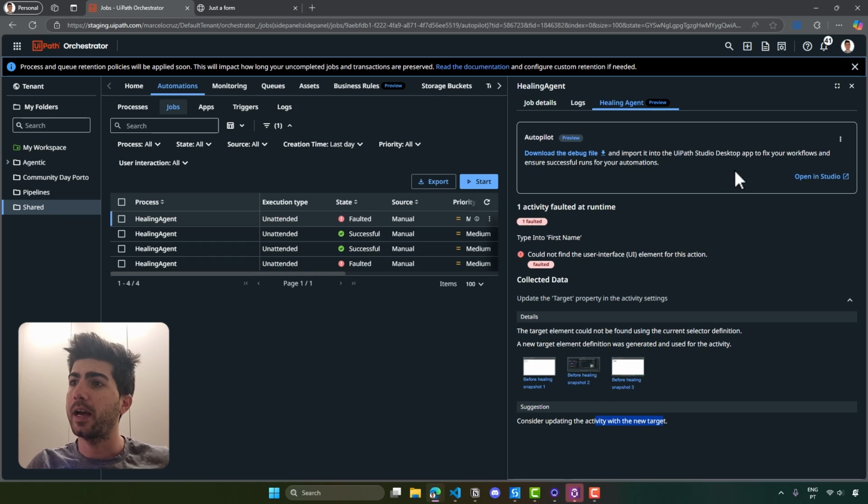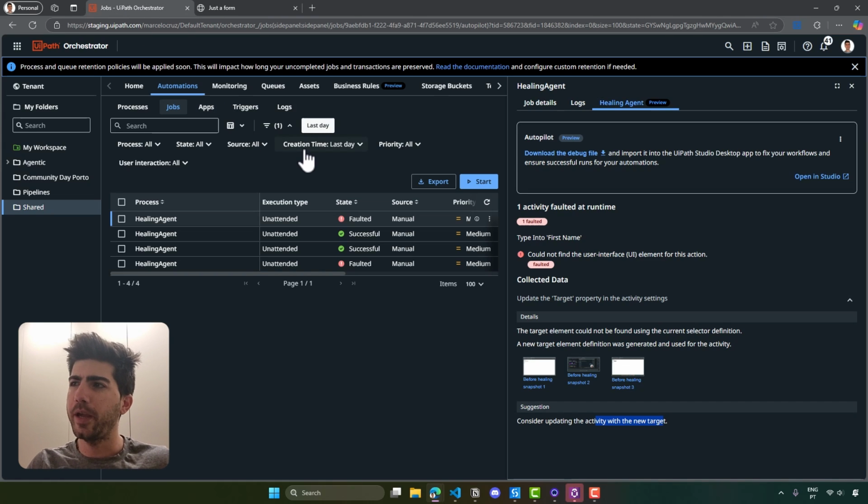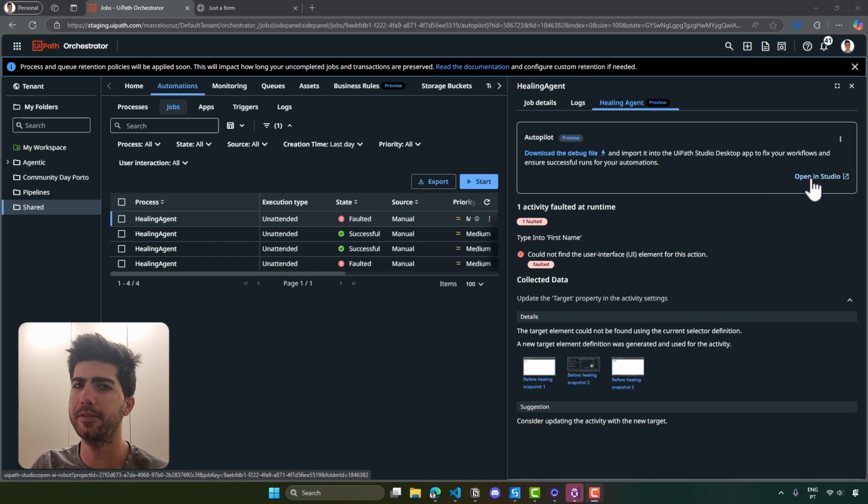So this is the recommendation of healing agent to fix our error. We have two ways. We can either open the project directly in UiPath Studio by clicking on this button, and the project will be opened,